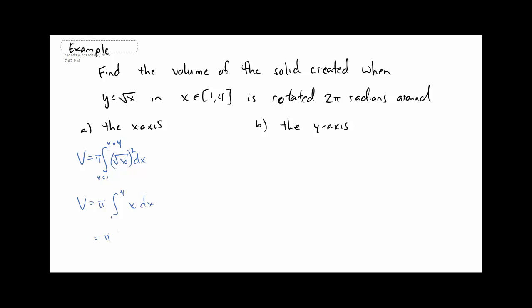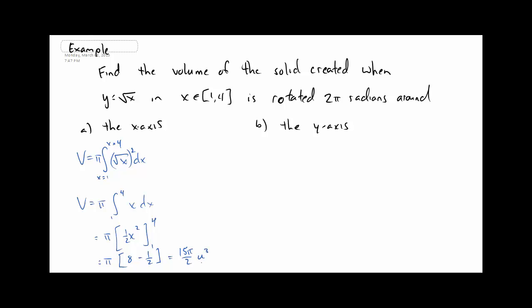That's going to be pi times 1/2 x squared, evaluated at 1 and 4. So pi times 8 minus 1/2, and that's going to be a total volume of 15 pi over 2